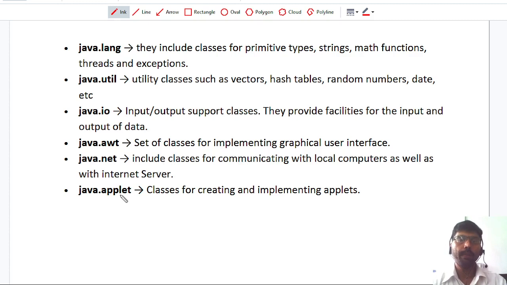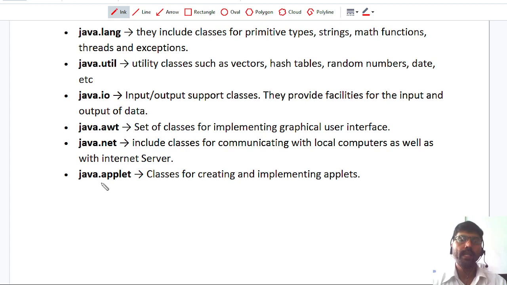The next one is called applet classes. An applet is a small Java application program which can be embedded inside a web application and run inside the web browser. It is a small Java program which runs in web pages or web browsers. Whenever we need more security, we use applets. To create any applets, we need a number of classes which are available in the applet package. Nowadays, the use of applets is almost obsolete.